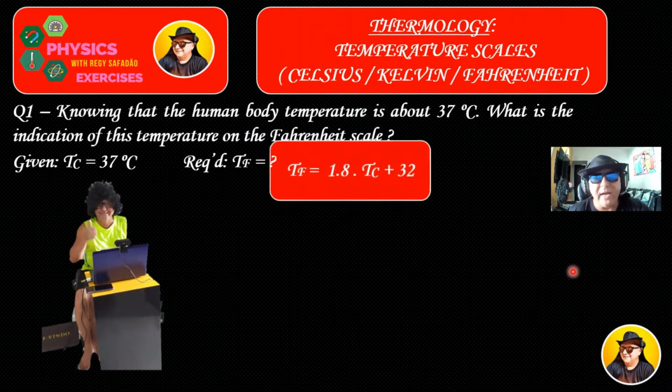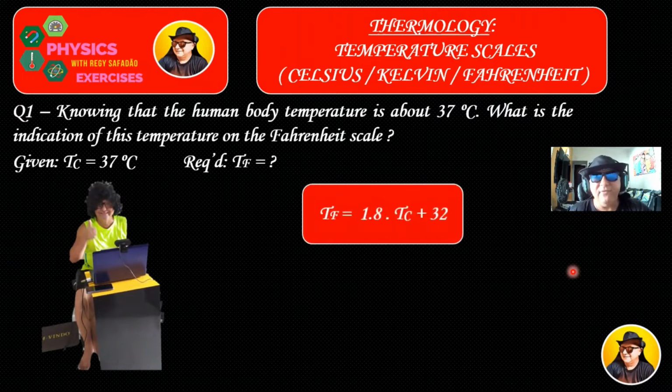So we can apply this formula. TF is 1.8 times TC plus 32. So we know that TC is 37 degrees. So let's plug the value into the formula. Okay, let's see this. So TF is 1.8 times 37 plus 32. Well, as we already know, we have to multiply these values first. Okay, so 1.8 times 37 is